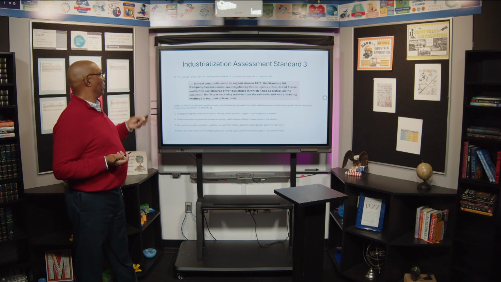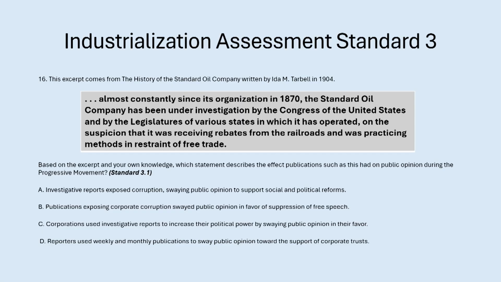This excerpt comes from the History of Standard Oil Company, written by Ida M. Tarbell in 1904. Almost constantly since its organization in 1870, the Standard Oil Company has been under investigation by the Congress of the United States and by legislatures of various states in which it is operated, on the suspicion that it was receiving rebates from railroads and was practicing methods in restraint of free trade. Based on the excerpt